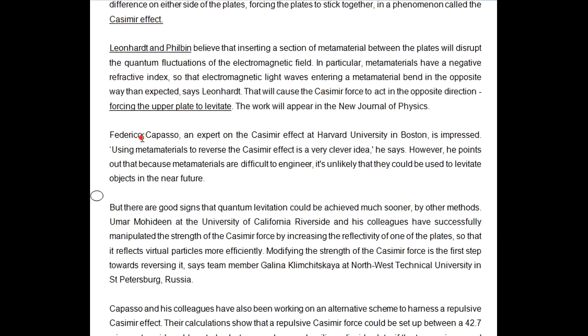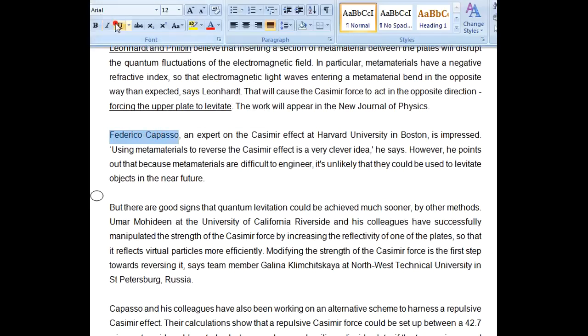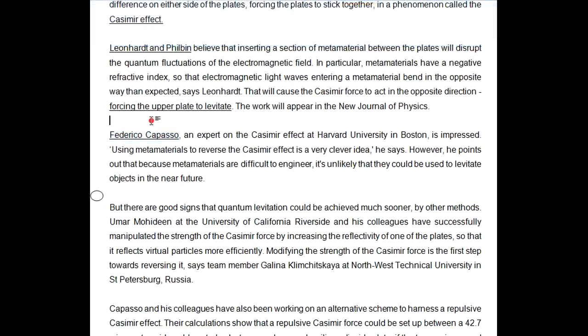Federico Capasso. See, this is the first keyword of the last type of questions. We have already got it, so we will drop a hint here. If you drop a hint here, then you will start directly from here to read the next question type. This is very useful to save time and finish your task in your fixed time. So I have now got the location of the last question type. I'll start from here. But let's find out this one.